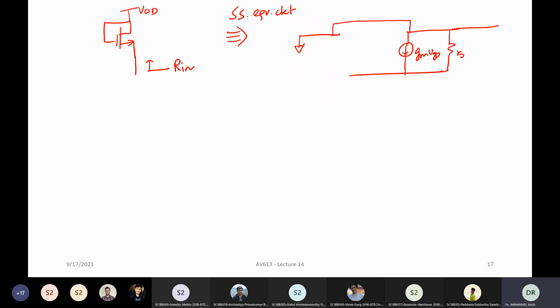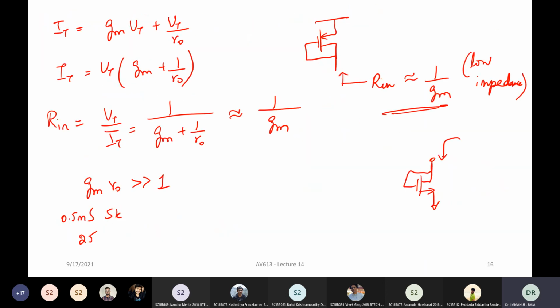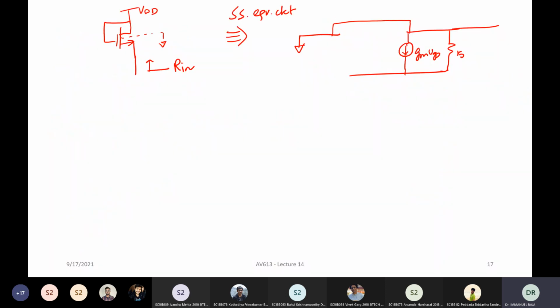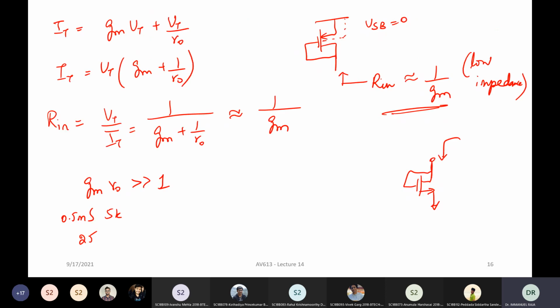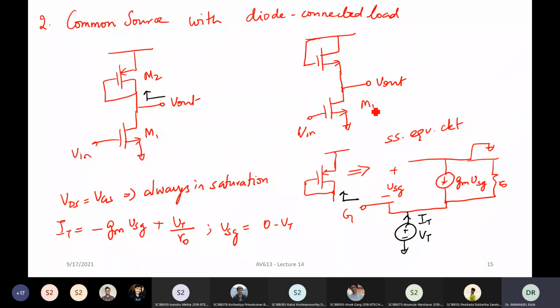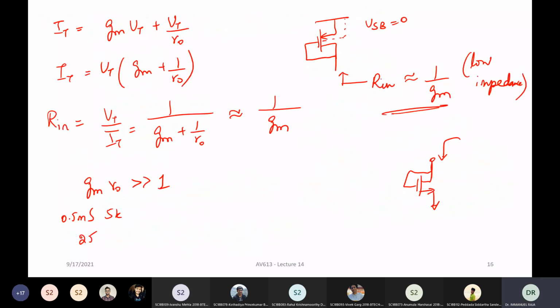Now there is one more factor here. What is that factor? The bulk is connected to ground. Whereas in the previous example, in a PMOS transistor, the bulk is connected to VDD. So your VSB is equal to 0, which is why we didn't talk about the body effect and so on. But in this particular case, your source is at a different potential. If you look at this circuit, let's call these M3 and M4. The source of M4 is different than the bulk of M4.